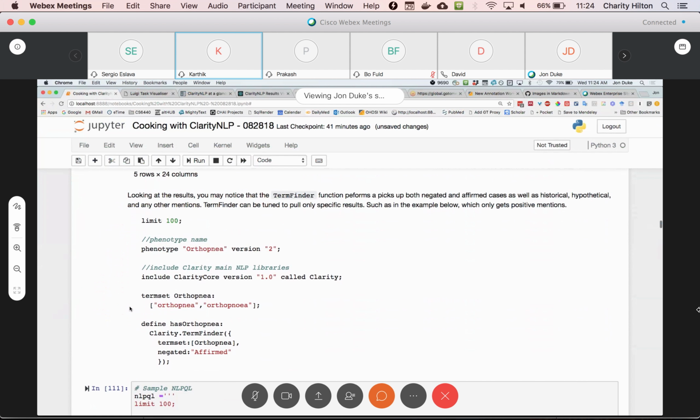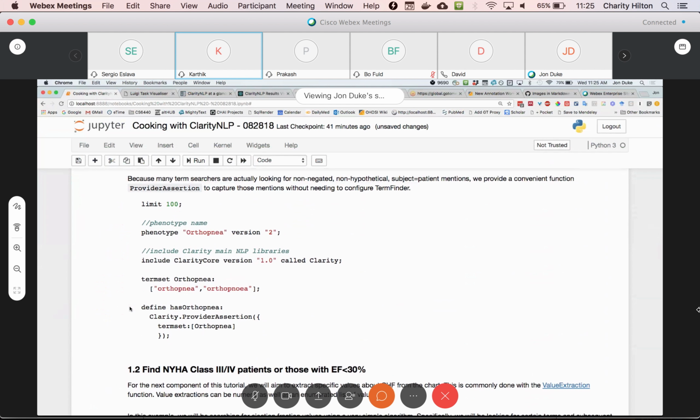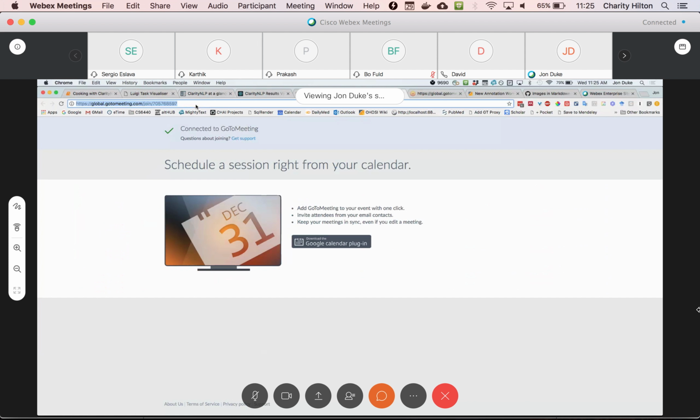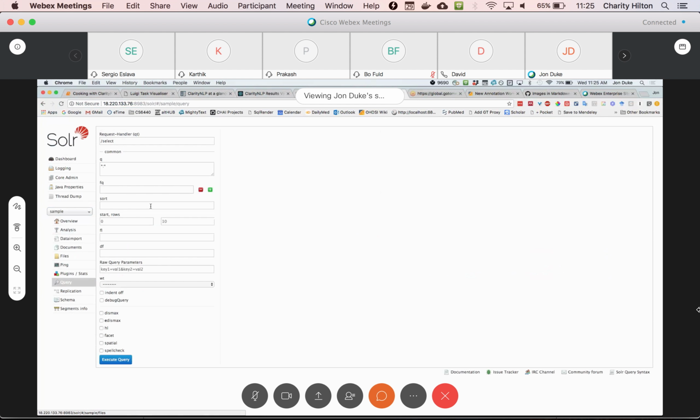Hey John, sorry, I have a question. If I understand correctly, you use Solr to retrieve the most relevant top 100 documents, and then ClarityNLP processes those top 100 documents. Is that correct? That's exactly right. Okay, so the next question is, is there a limit on how many documents I can retrieve? There's not a limit to how many you can retrieve. If we were to go directly to the Solr instance and run that query manually, if we type orthopnea,